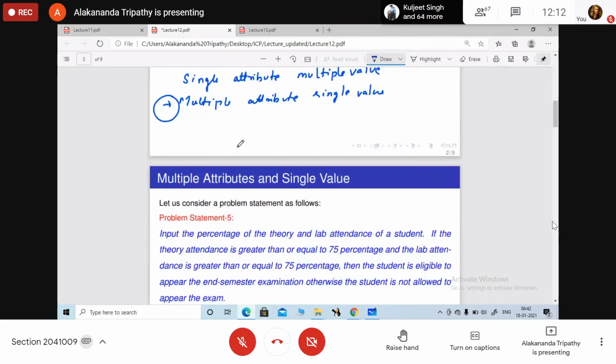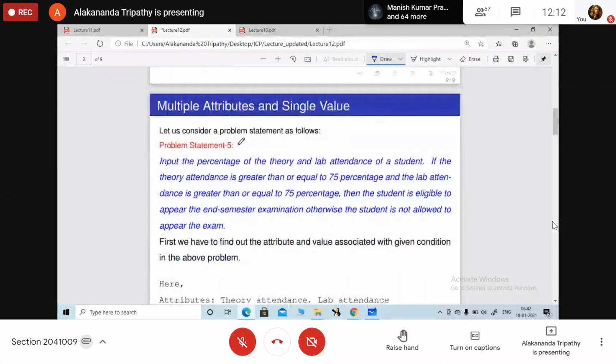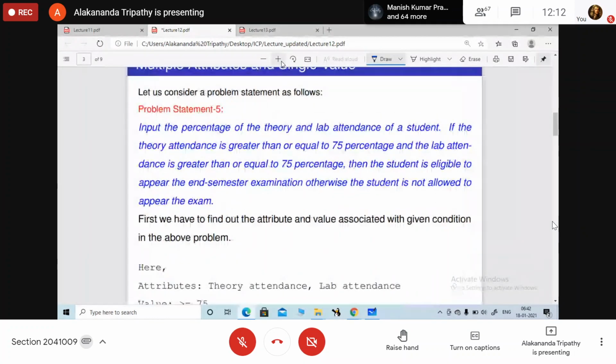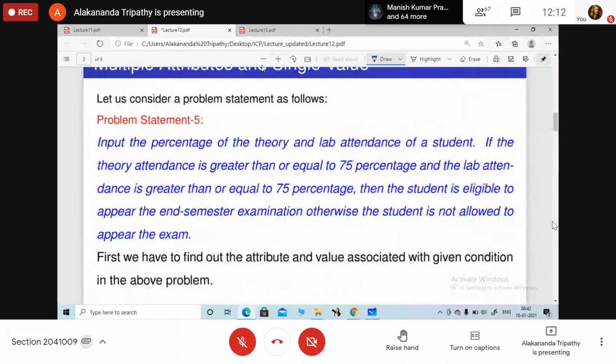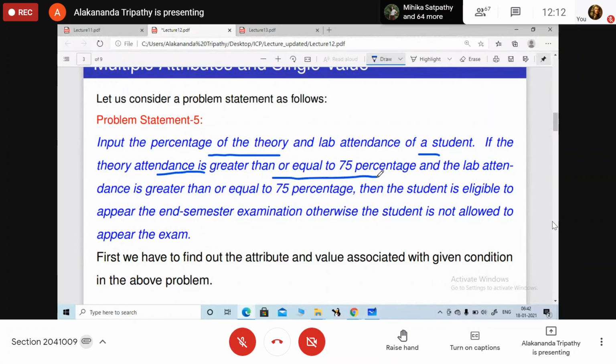First we will move to one problem statement. The input is the percentage of the theory and the lab attendance of a student. If the theory attendance is greater than or equal to 75 and the lab attendance is greater than or equal to 75, then the student is eligible to appear in the end semester examination. Otherwise, the student is not allowed to appear in the exam.